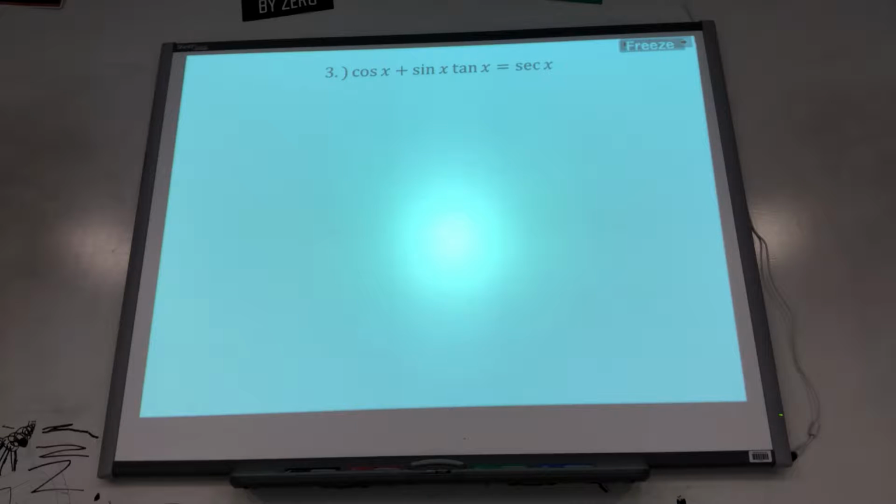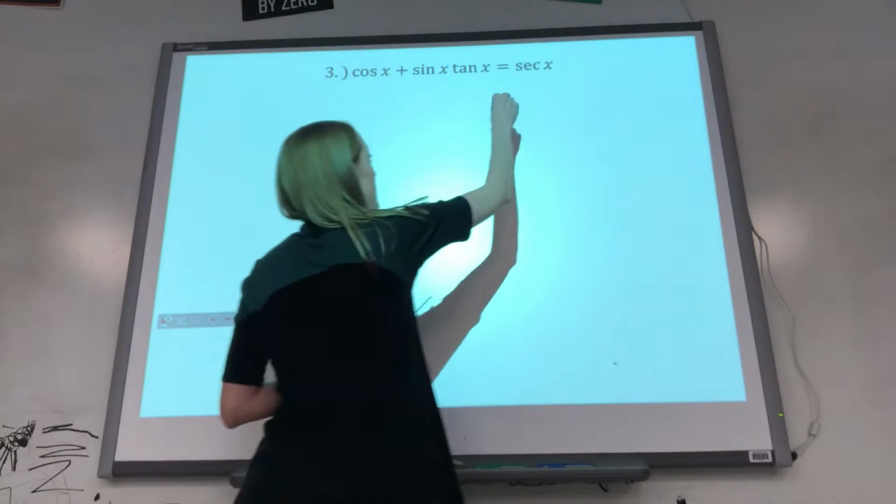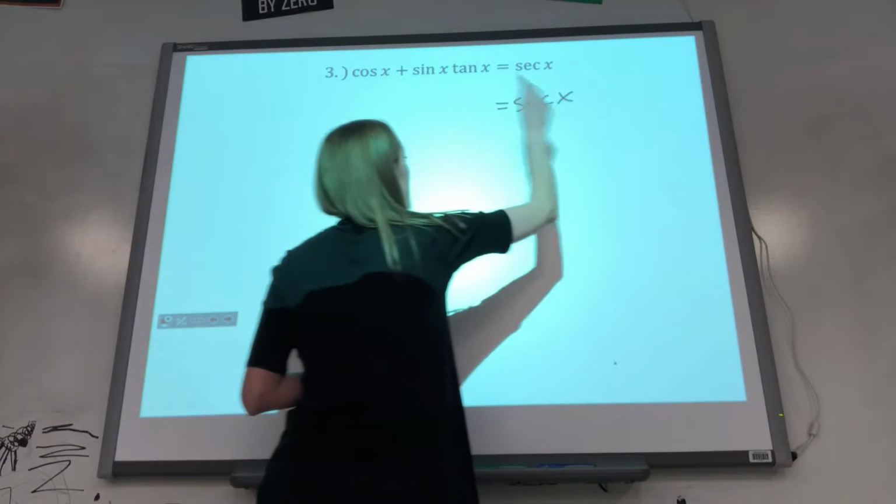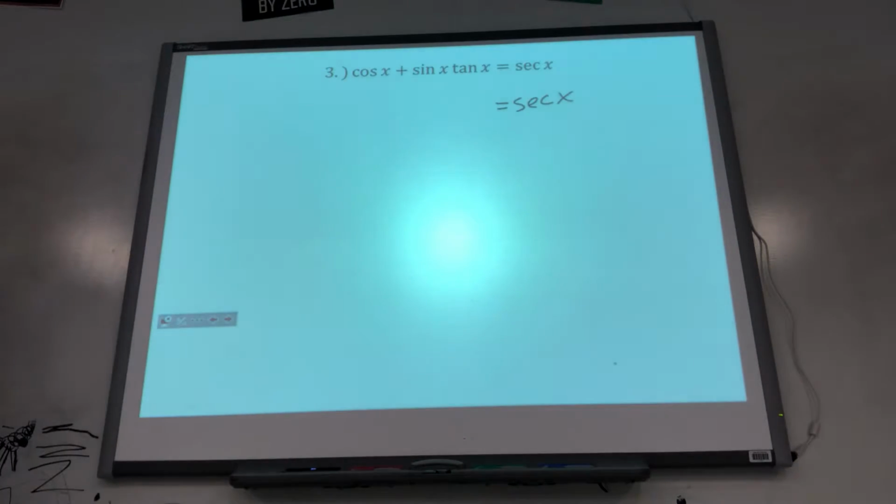Okie doke. Now, keep the right side and work on the left. So I want to leave secant of x the way it is, and I need to work on the left